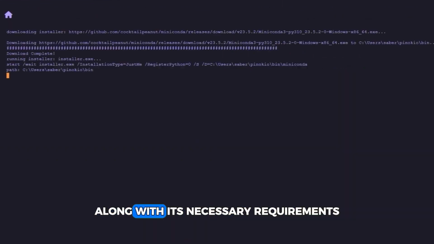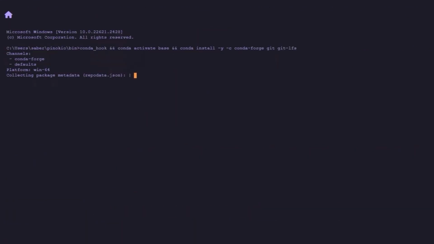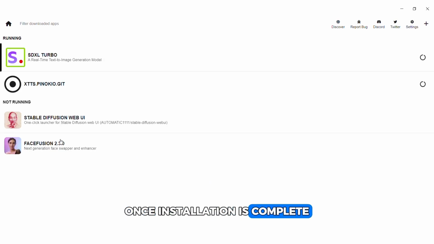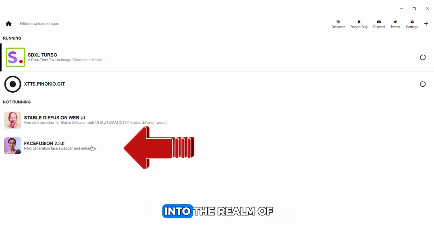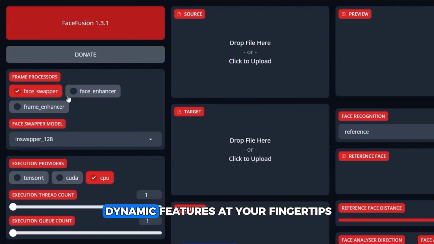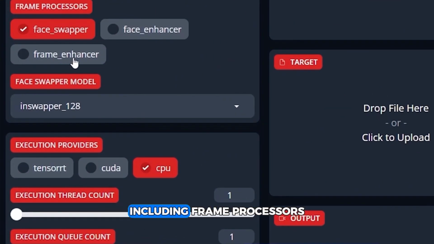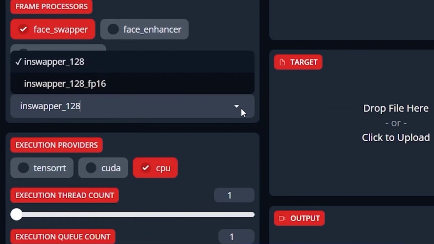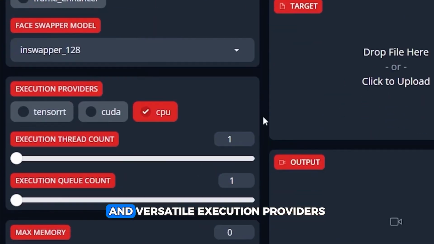Next, embark on the journey of enhancing your digital creativity by downloading and installing the robust Face Fusion AI, along with its necessary requirements. Once installation is complete, take the exciting leap into the realm of face swapping as you launch the Face Fusion AI app. Uncover an array of dynamic features at your fingertips, including frame processors, advanced face swapper models, and versatile